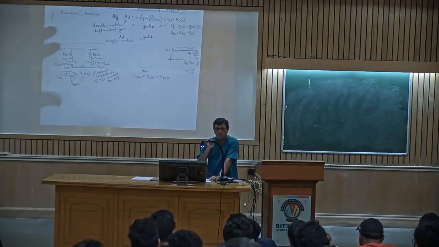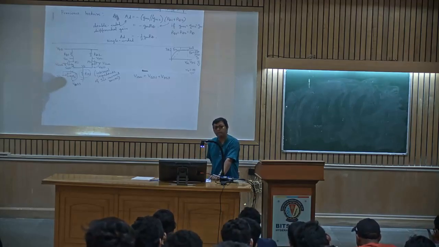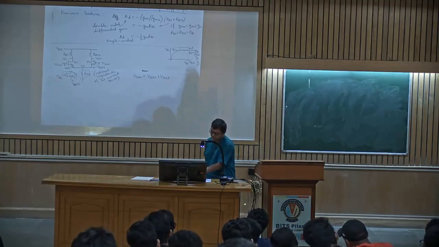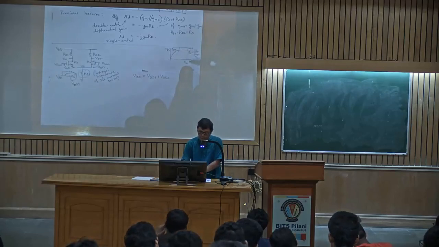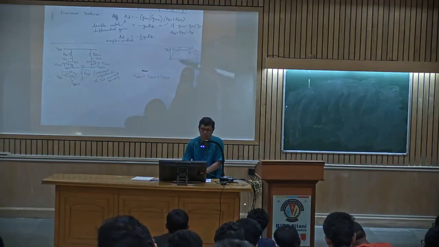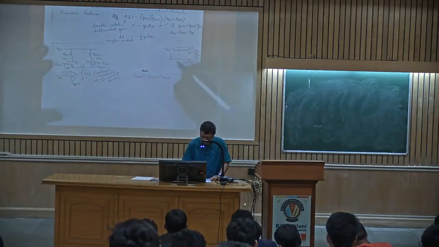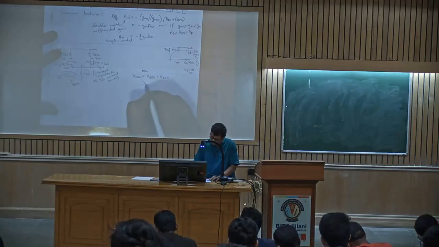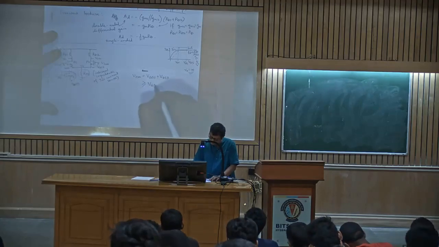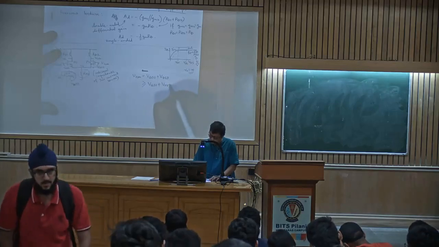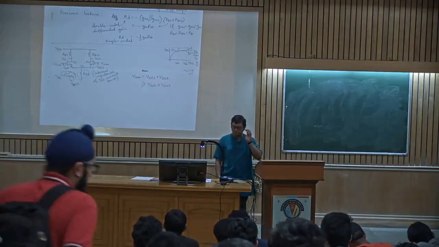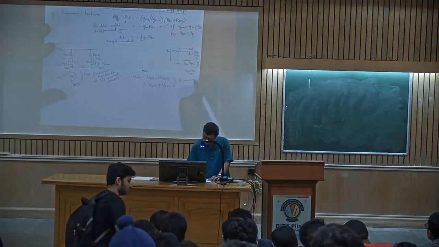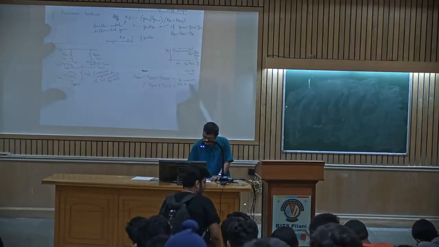Now, what I was telling is that if you want to ensure that M3 is working as a current source, you will have to ensure that this VDC is such that this VDS should be much higher than this value. What is this value? VOV, VGS minus VT. So this has to be much greater than or equal to, let us say, VGS1 plus VOV3. Makes sense? It has to be. Why is this? To ensure M3 is a current source.